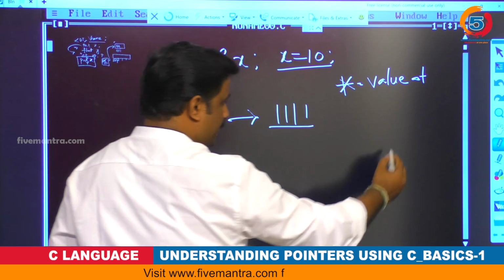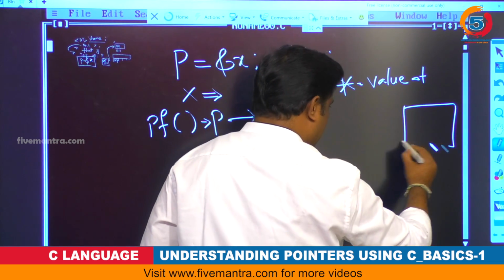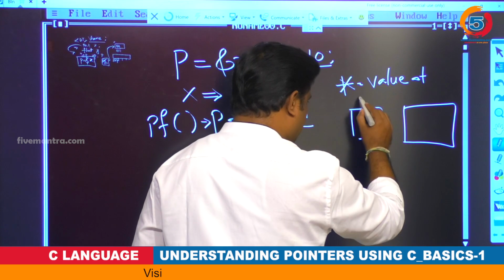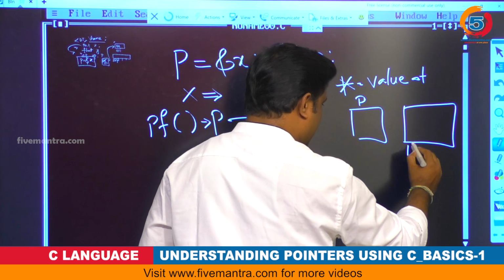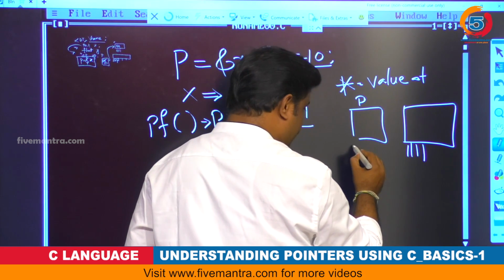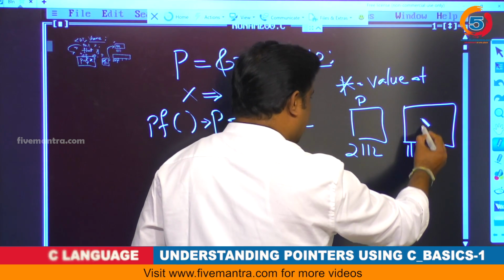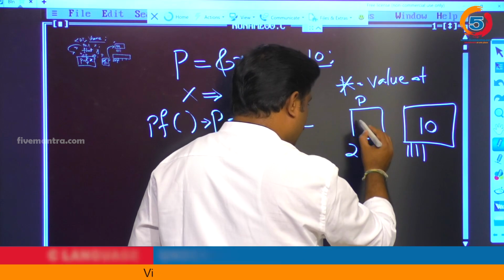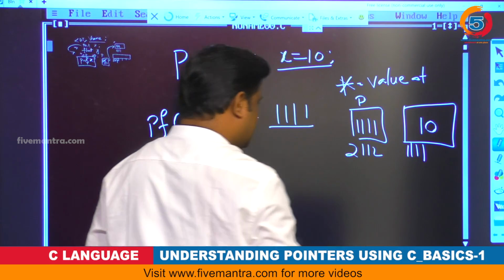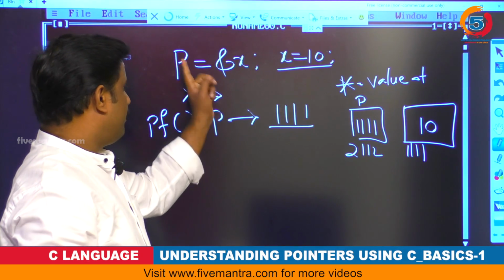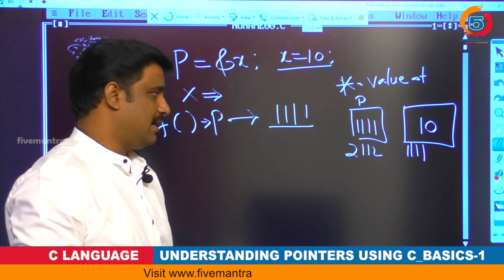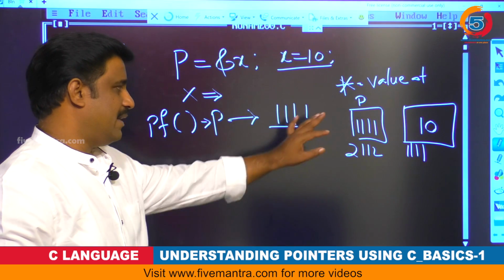So what it will do is, okay, here I have two variables. One is p, which holds 1111, and it also has an address, maybe 212, something like that. Now I have the value 10. So with the help of this step, p equal to address of x, the 1111 will be saved into this.